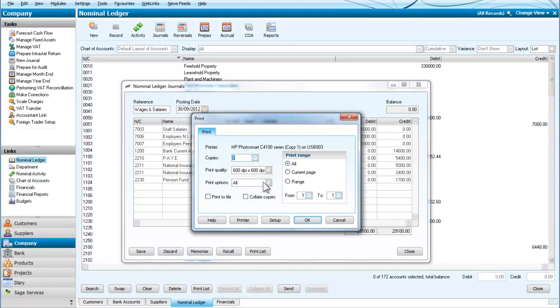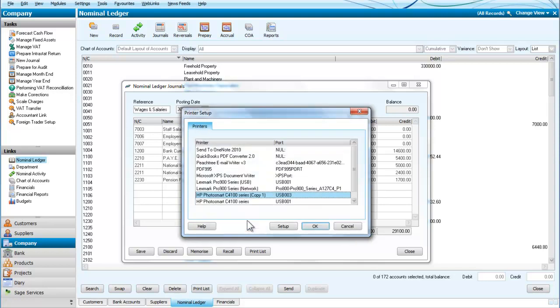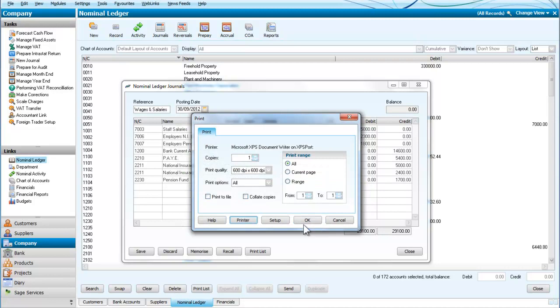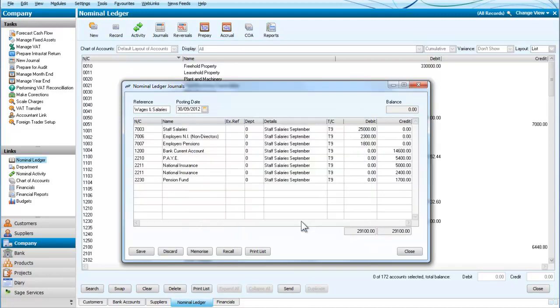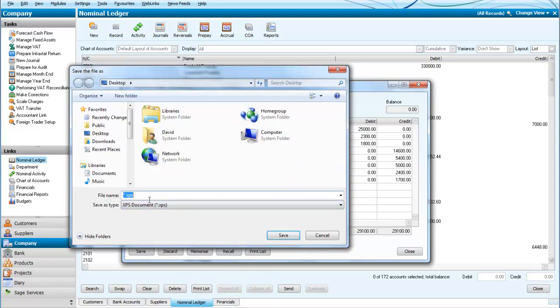And I can take a record of that by doing a print for it, which we can look at the printer, and what I will do is put it as an XPS document and print it to a document. So let's say OK, and we want the print range all. We'll let that print away, and that will produce a document for me, except that I need a salary journal title for that document. There's an XPS one,